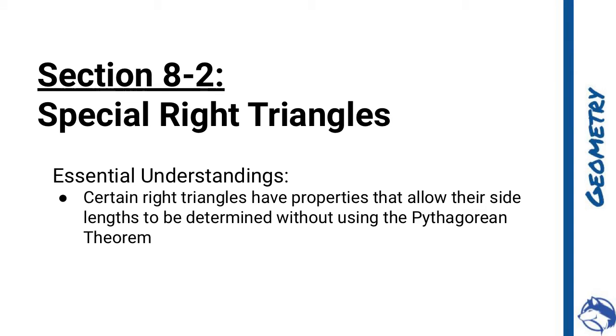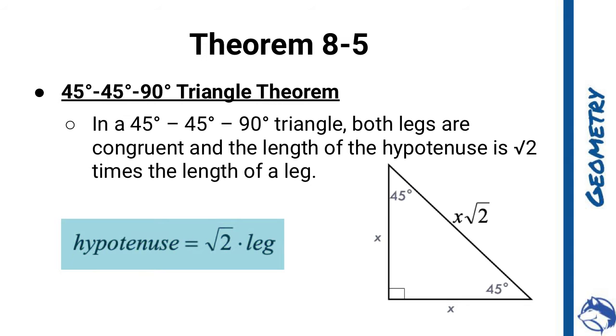All right, here we go. We got section 8.2 where we are going to be talking about special right triangles. So there are certain right triangles that have properties that allow their side lengths to be determined without using the Pythagorean theorem. So one of the big ones is the